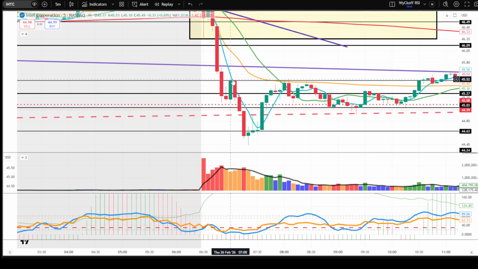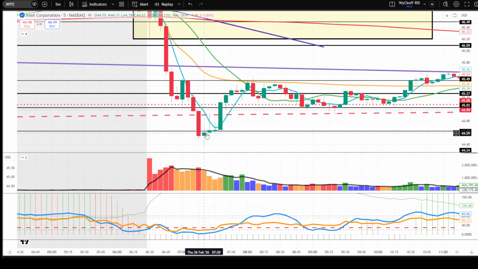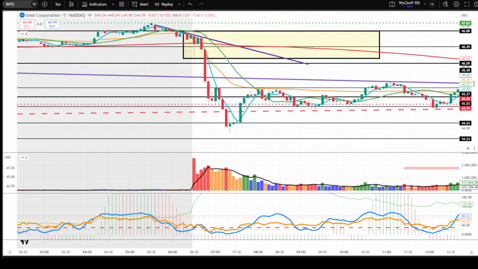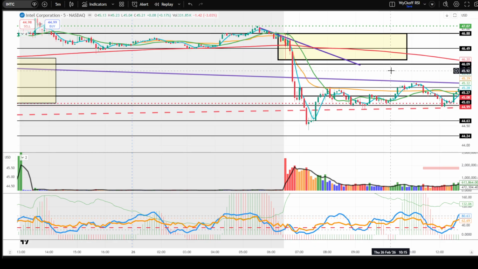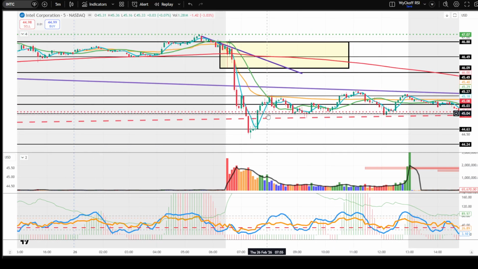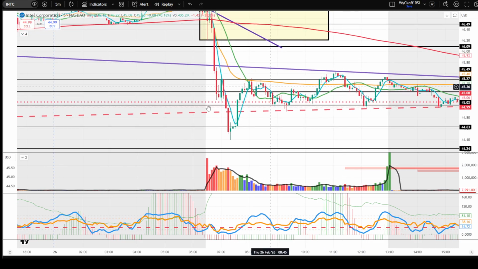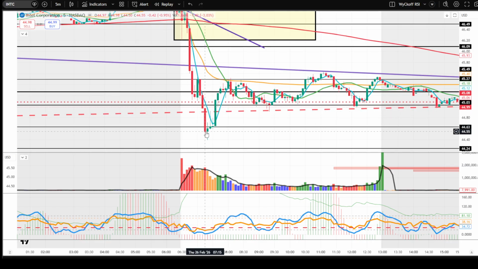So I had a little bounce, but it broke back down past this upward trend line again on the bigger time frame. So usually you want to get a bigger picture of what's going on by looking at the daily before you start going into the lower time frames. That's how I get all these support, resistance levels, and trend lines. But as you can see, finally, when it broke down to